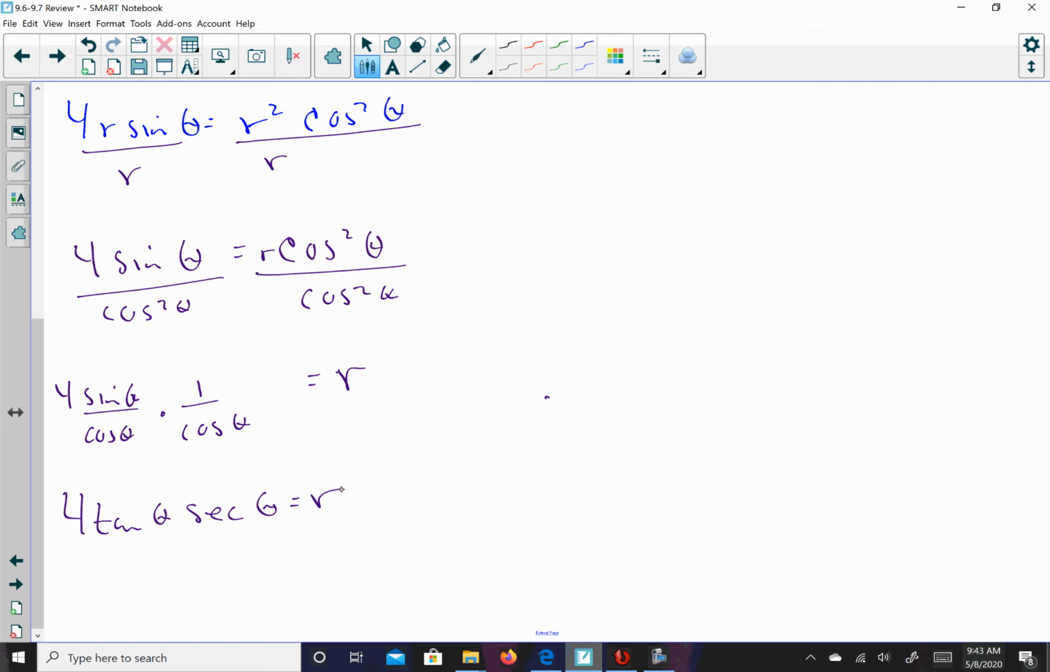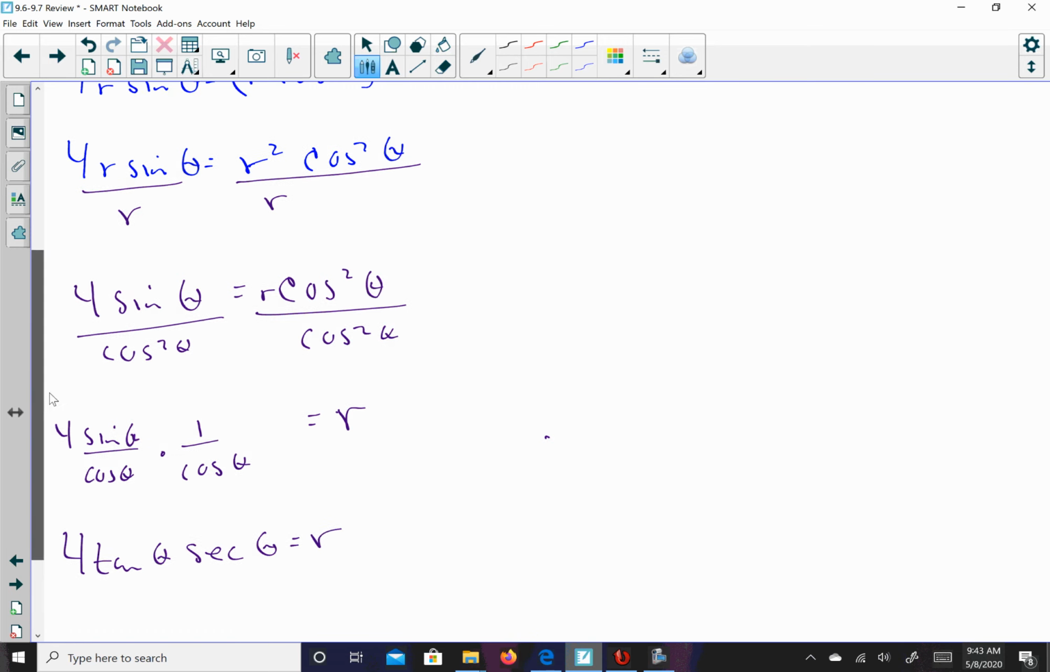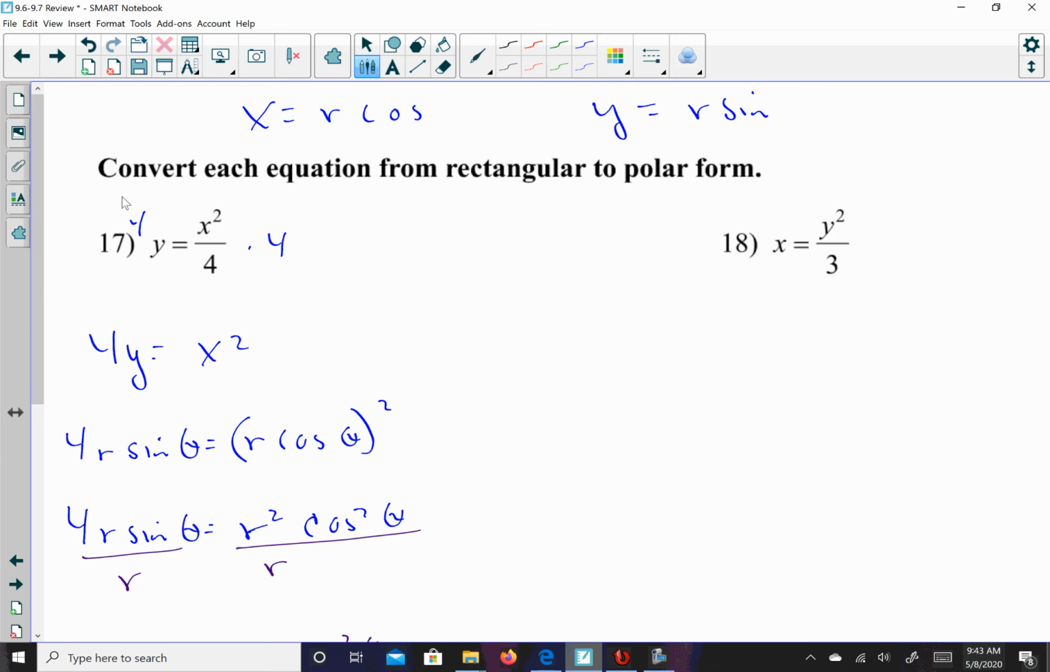And that's all you have to do. Replace the x and the y. So this one, same thing. I don't like having that 3 in the denominator, so I'm going to multiply everything by 3. And when I do that, I'm going to have 3x is equal to y squared. That is a y. So replacing the x with r cosine,